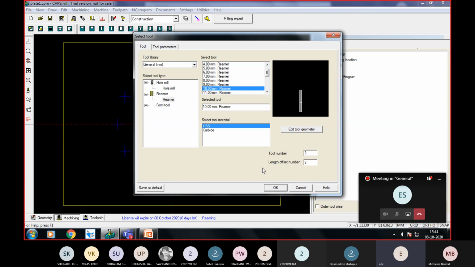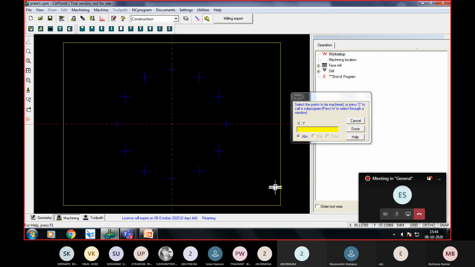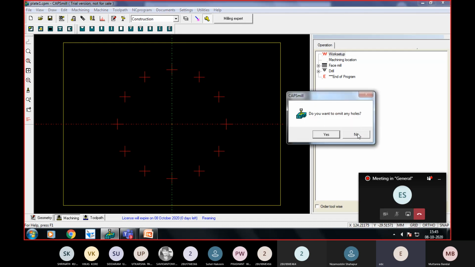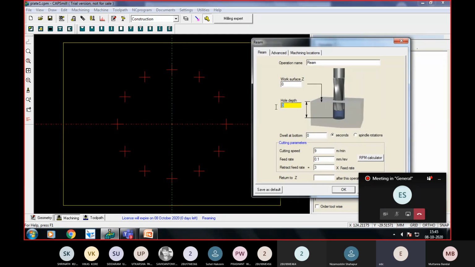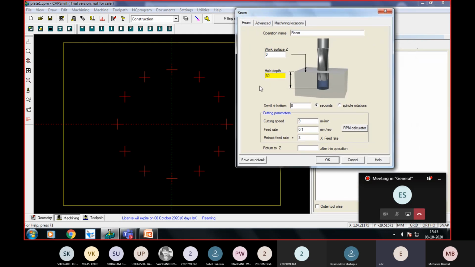So I'll select a 10 mm reamer and I'll say OK. So again, it will ask which all are the holes that I want to select. So I will again select all the same 12 holes and I'll say done. So I don't want to omit any of the holes. I will say no. So again, here at depth, I will give it as 30 mm because 32 mm was my twist drill and there was a sink involved in it, like the cone,